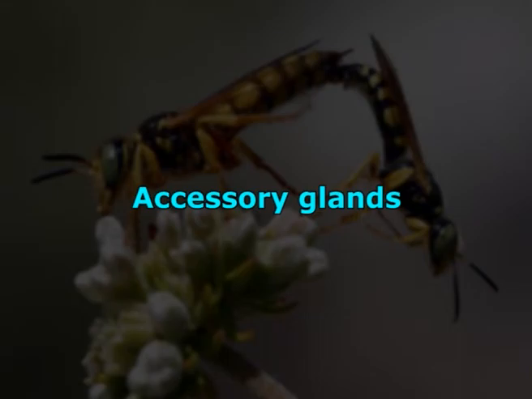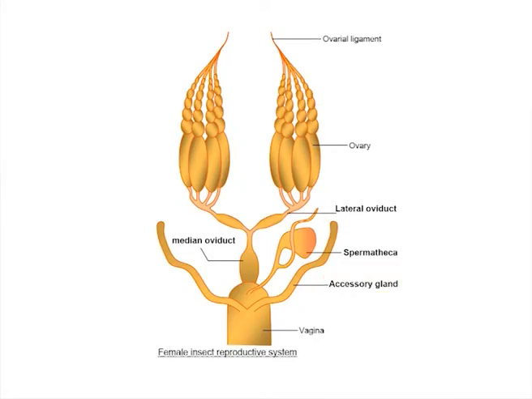Accessory glands. These are a pair of collateral glands which open into the distal portion of the vagina and secrete the substance responsible for the formation of ootheca of cockroach, praying mantid, and poisonous secretions in the case of Hymenoptera. This sticky substance is also useful for attachment of eggs to the substrate on which they are laid.